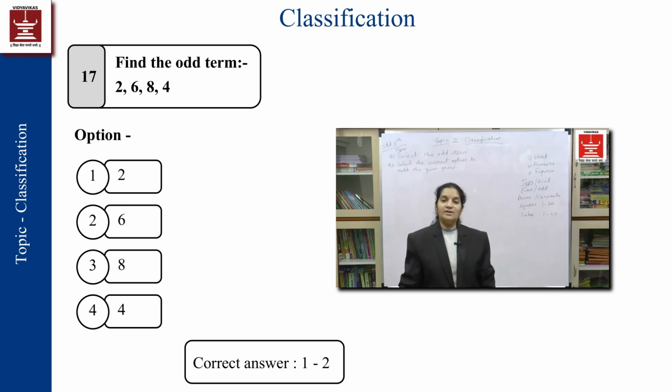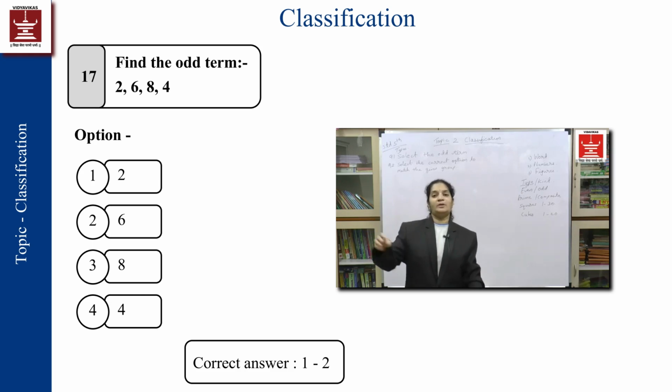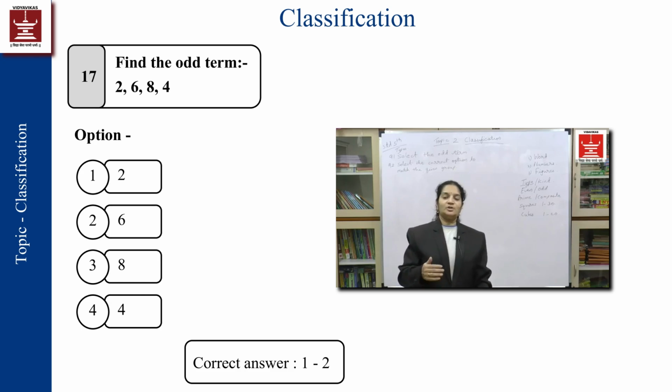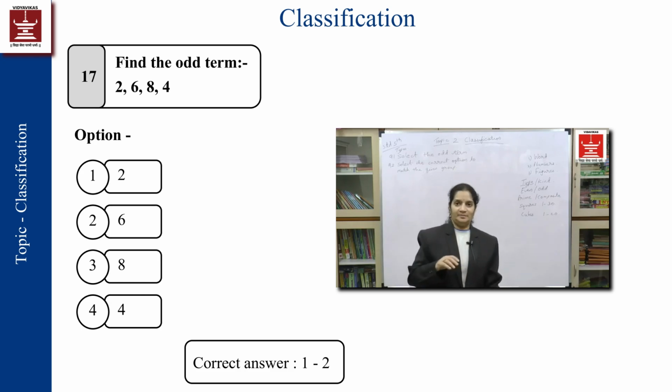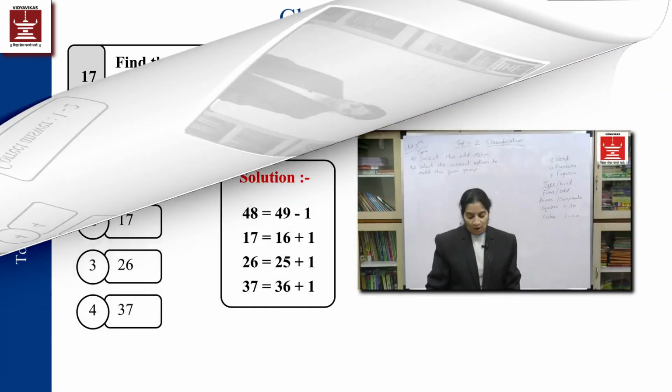Always remember, when you pick out something odd, that means it doesn't match the group. So similarity has to be identified within a group. Never try to find out this is odd because this has this. It's not because it has something different, it is because it is not having what the others have. Then you become an odd person, or then that particular term becomes an odd thing.